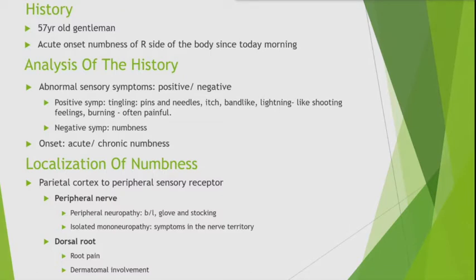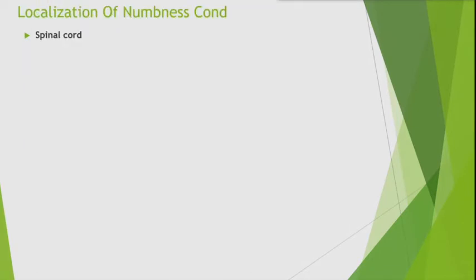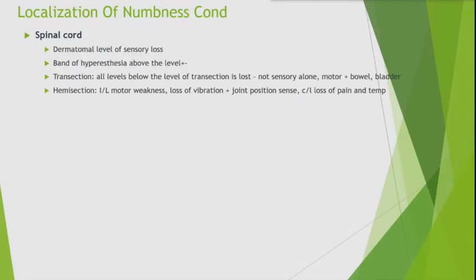After that, where does it go? It is in the spinal cord. How do you localize there? If you have a spinal cord segment lesion, you have a level of sensory loss. Level. Okay, you may get a band of paresthesia above that level. And if it's a transection, whatever is passing through the spinal cord, motor, sensory, autonomic, everything will be lost. And hemisection, you know the findings of